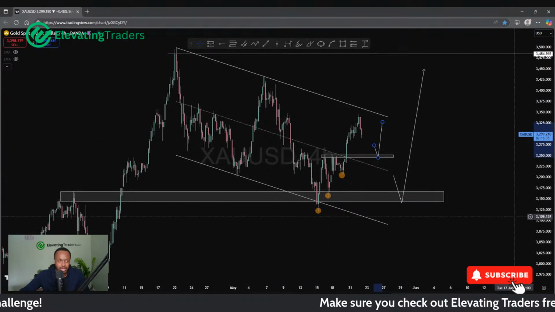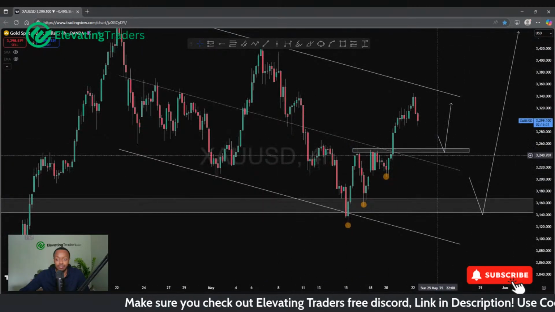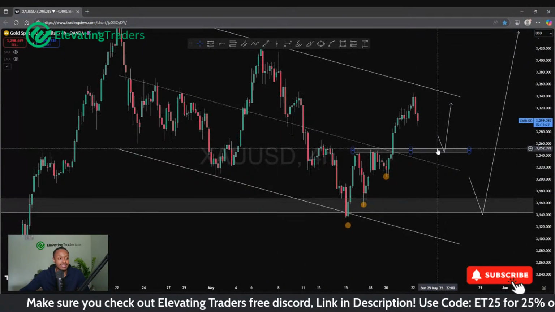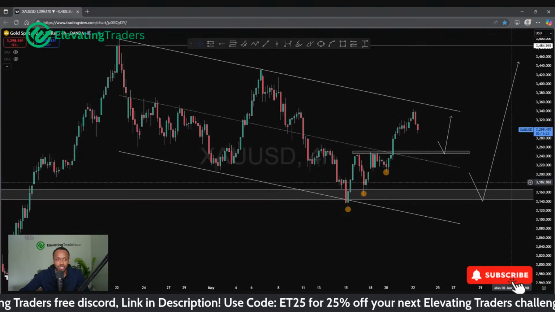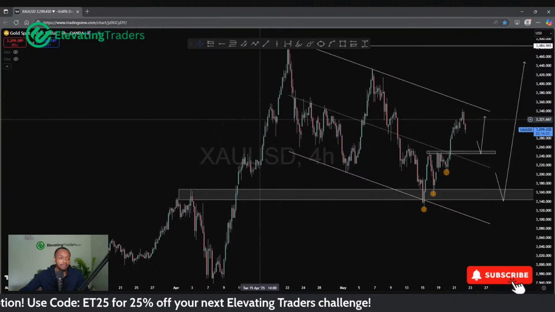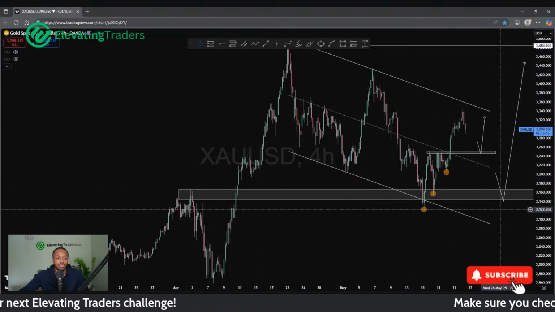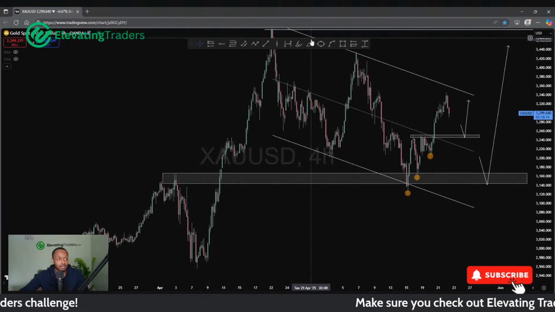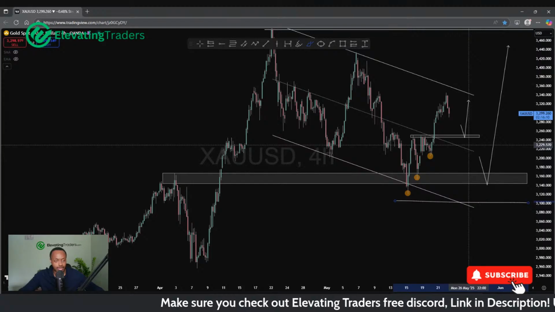If you're a bit more intraday, then I'll focus on this area. Nice resistance yet to be used as support, so I think that can give us at least a bit of a bounce. If you're looking to try and position yourself long for a big swing, back to highs, maybe all-time highs and further, then I would wait for that double bottom. I think that's the most sensible place for a buy. You can get a safe stop loss below the lows and give yourself the best chance to capitalize on a big swing.